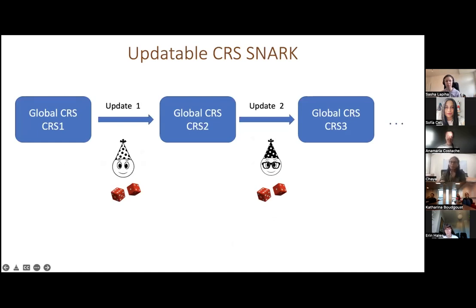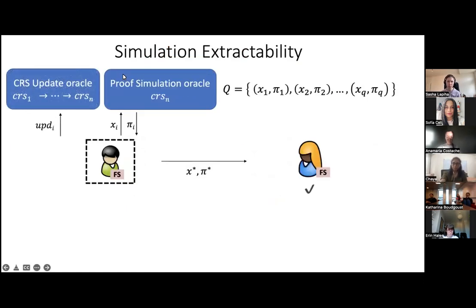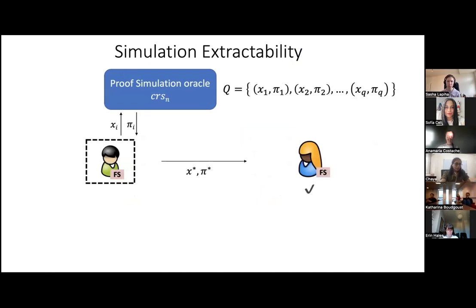So recall the second challenge in showing simulation extractability for existing zkSNARKs was this updatable SRS model, where the prover could also have the ability to add updates to the SRS. In order to handle this, we need to modify our simulation extractability definition. So recall this was our simulation extractability definition, where the prover has access to the proof oracle. It makes as many queries as it wants to the proof oracle with different instances, receives proofs, and finally outputs